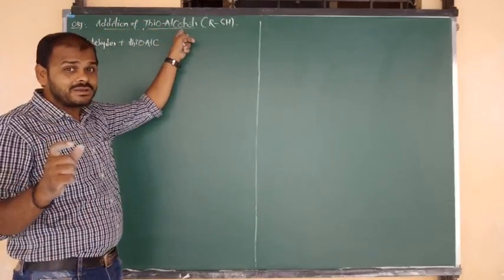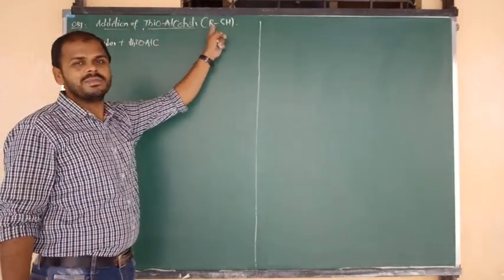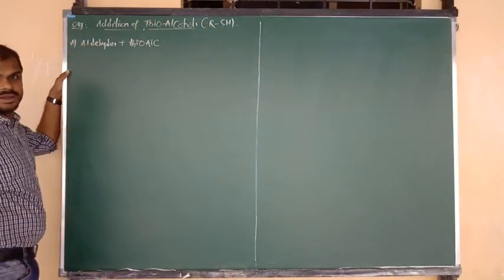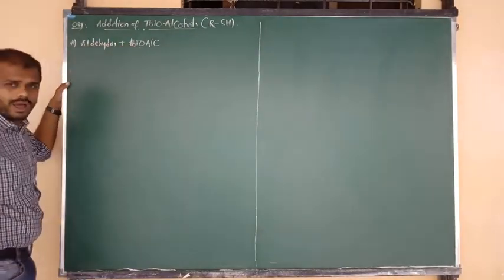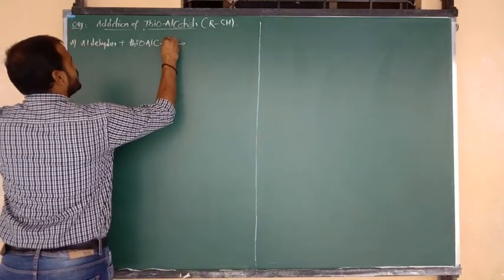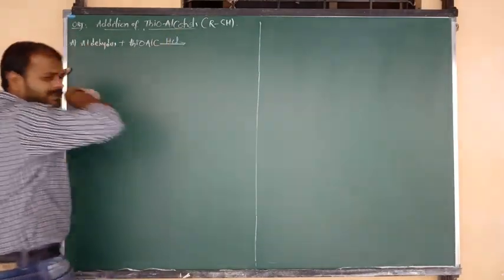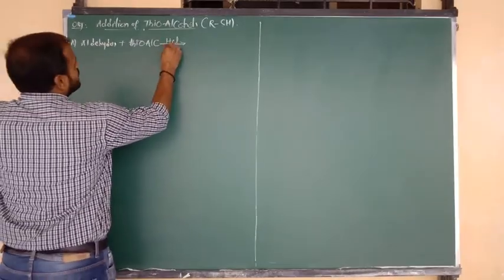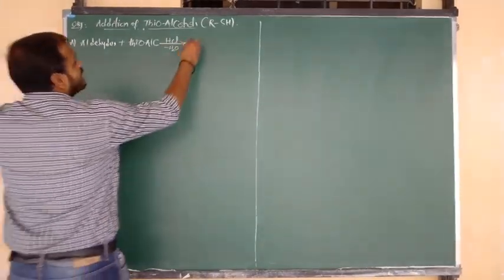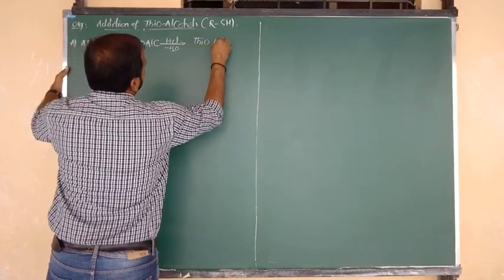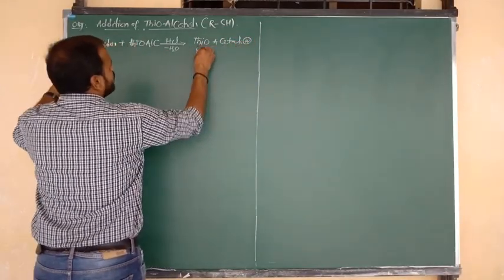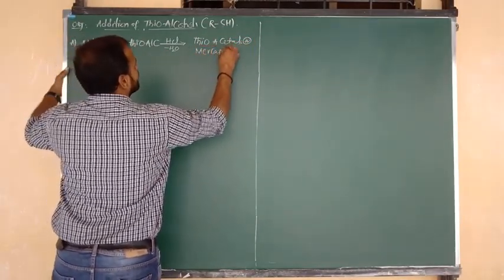Alcohol formula ROH, in place of O we have to write S, means RSH. This is called thioalcohol. So first of all I am going to give you the statement. Aldehydes on addition with thioalcohol. Addition of thioalcohol takes place in presence of HCl gas, or we can say dry HCl gas, followed by elimination of water molecule, and finally we are getting the product, thioacetal. Another name for thioacetal is mercaptan.